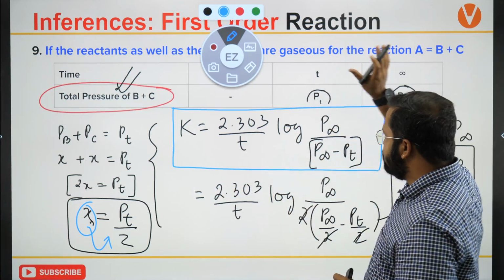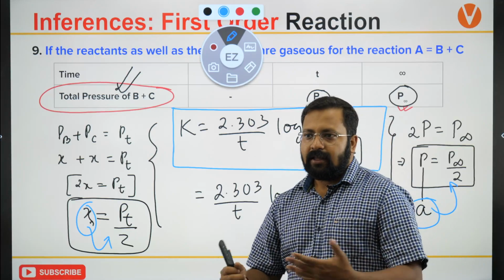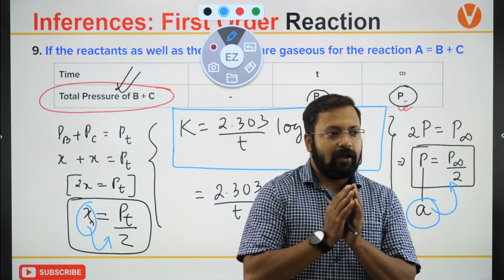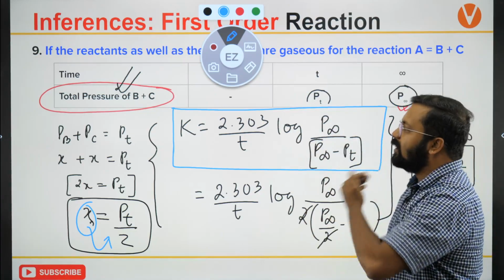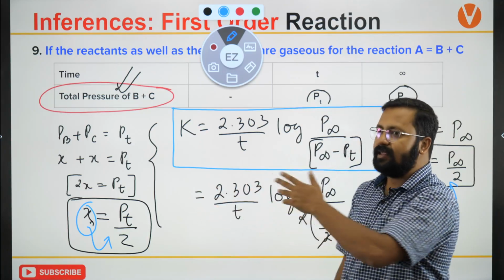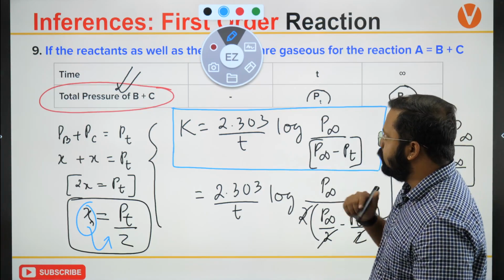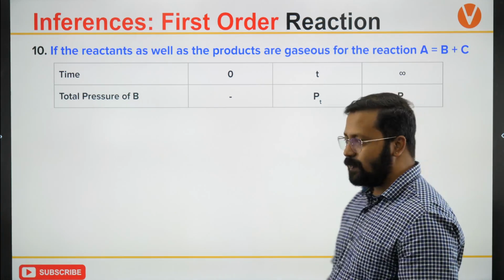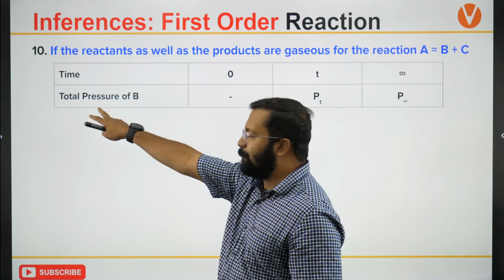So let's say the information is given for total pressure of B and C. Now आपको क्या लगेगा कि you are just not getting the point that how I can calculate K if initial concentration is not given. So it is not important that the initial concentration should be given. Initial concentration may not be given, and yet you can calculate the value of K. That is what I am trying to prove from here. Okay, so next inference, if it is for this and it is only given for total pressure of B,